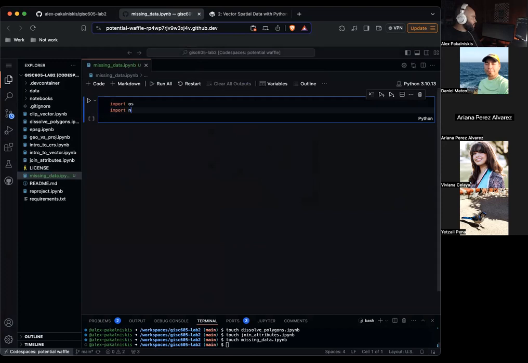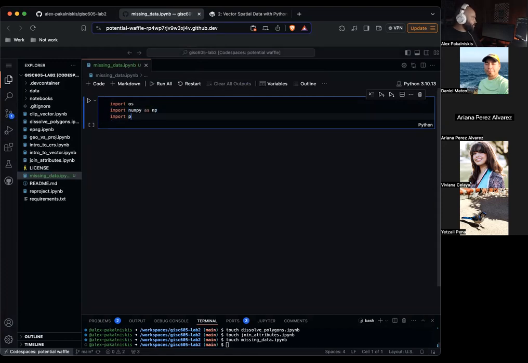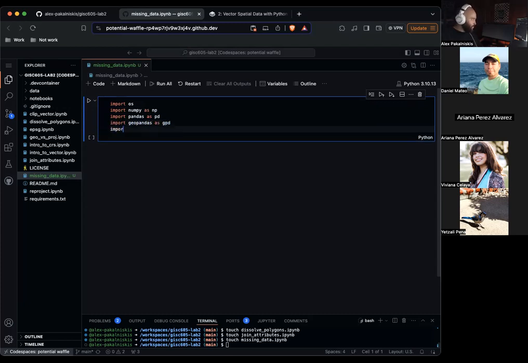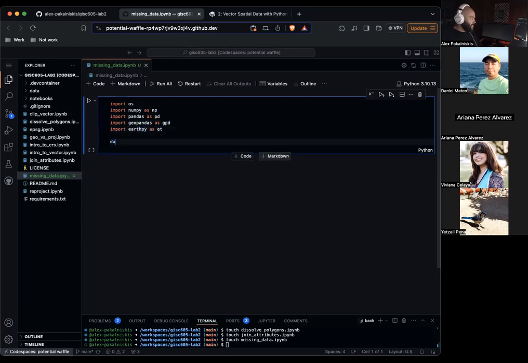Import os, import numpy as np, import pandas as pd, import geopandas as gpd, import earthpy as et. Data equals et.data.get_data, spatial-vector-lidar.